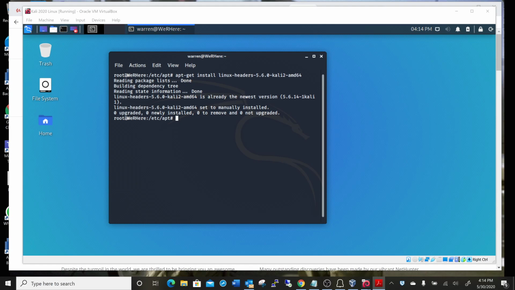Okay, we did the Linux headers. We did the sources.list. And so now, if you got that up to date before you do the new kernel or whatever, if there was a new one, you would do apt-get install -y dkms linux-headers